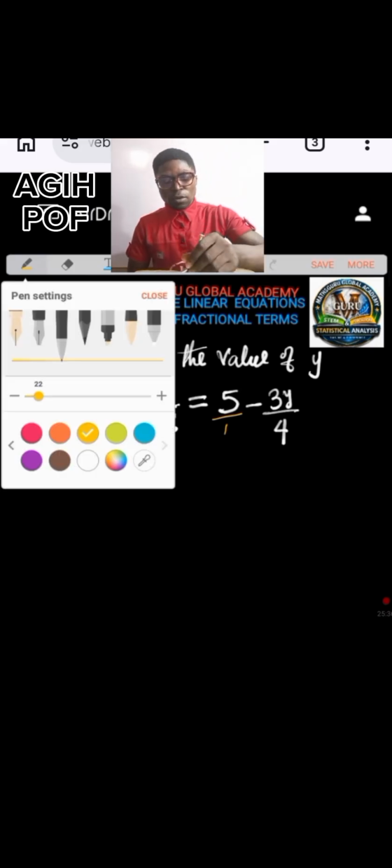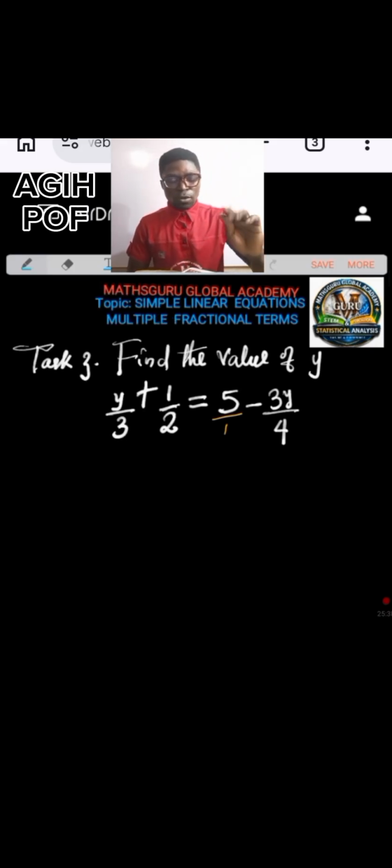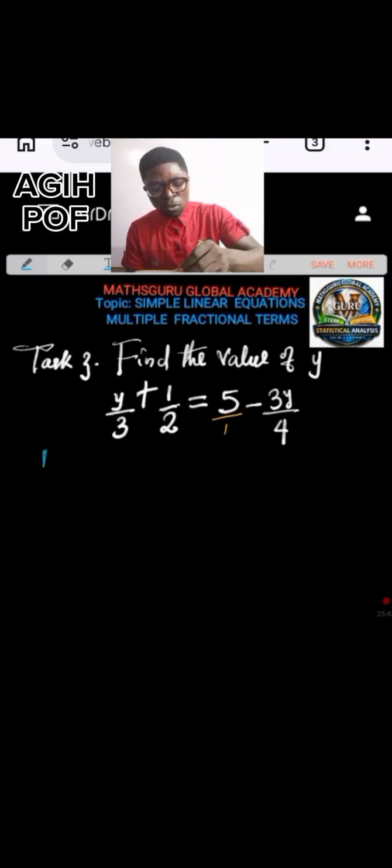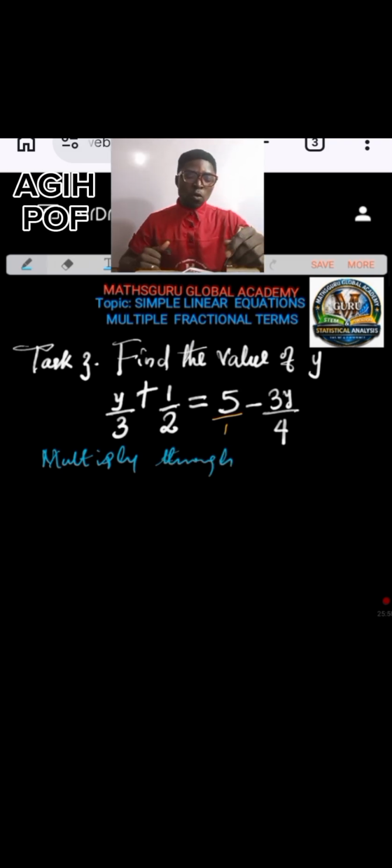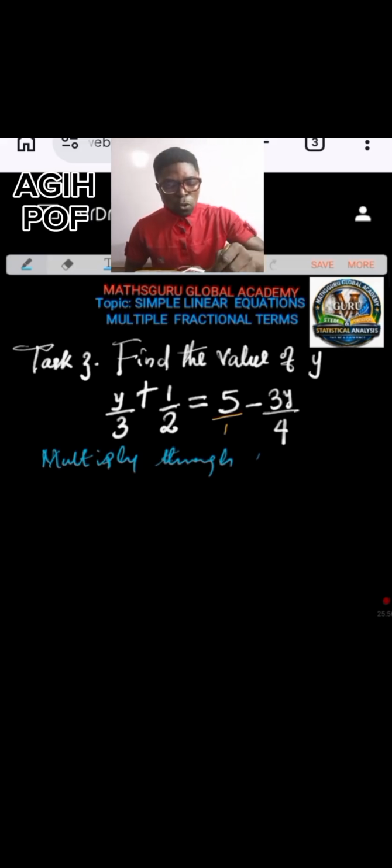Very good. You don't need to be afraid. All you need to do is multiply through by the LCM of these denominators, 3, 2, 1, 4. And for 3, 2, 1, 4, the LCM is 12. So we can say multiply through by 12. Let's do that job quickly. So we have,